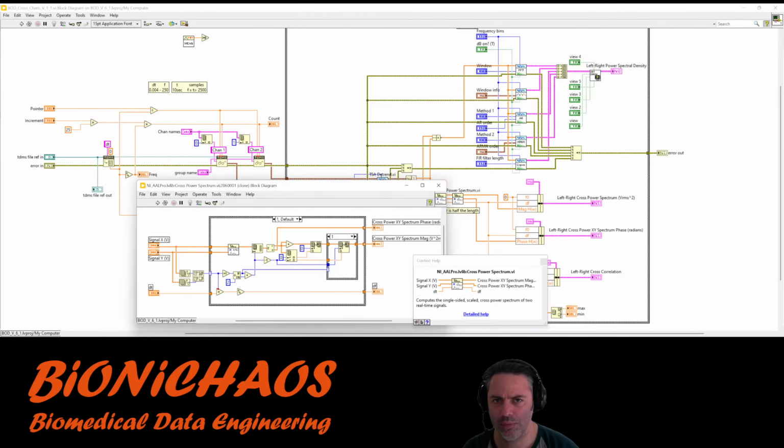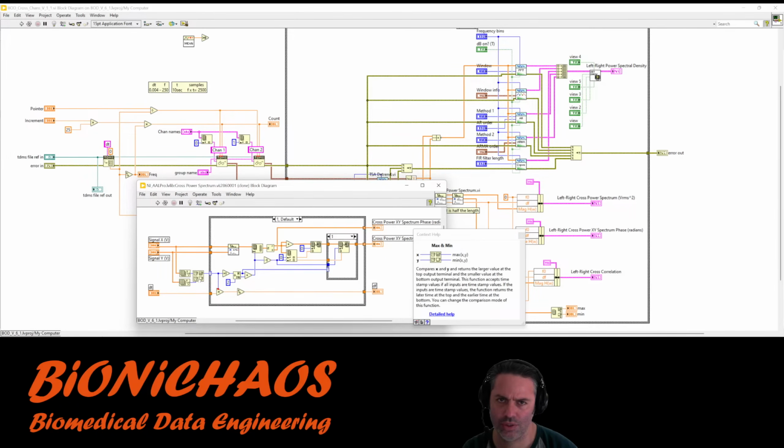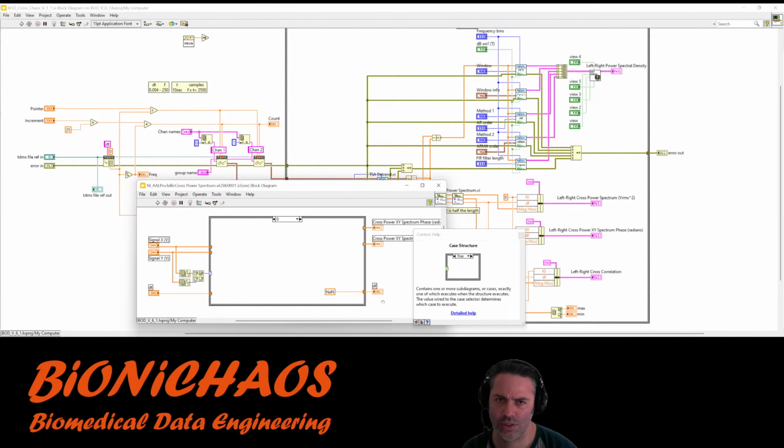Two signals input, it's finding the largest. Zero, it doesn't do anything.